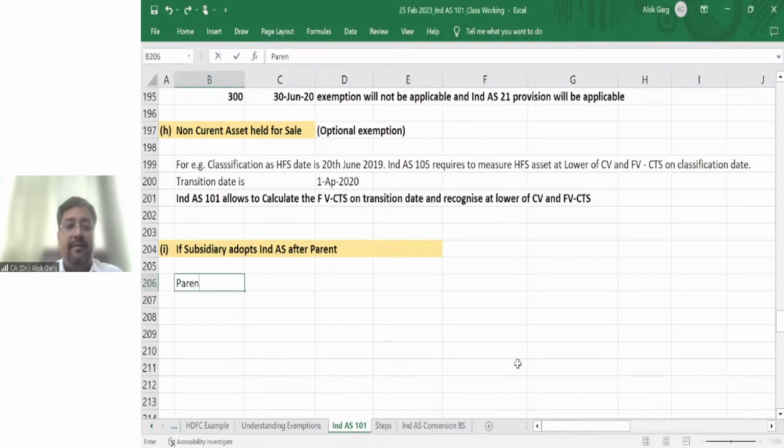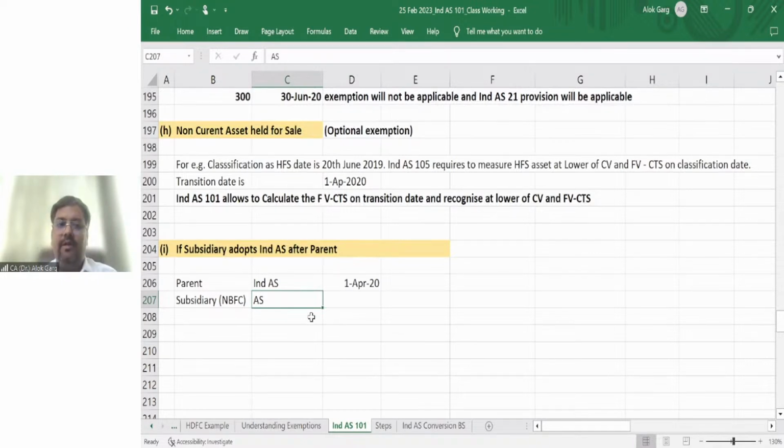For example, there is a parent. The parent is applying Ind AS from 1st April 2020, right? There is a subsidiary. The subsidiary is an NBFC. And this subsidiary is applying AS for the statutory purpose. This subsidiary is not applying Ind AS. This subsidiary is applying AS. Okay? But